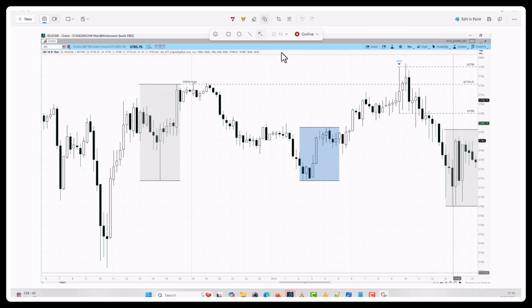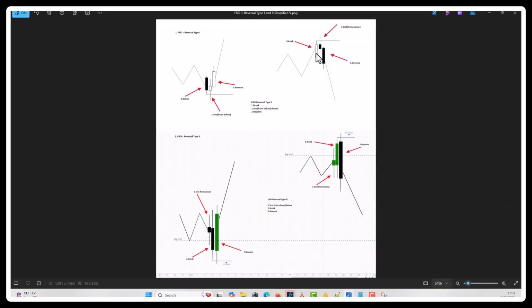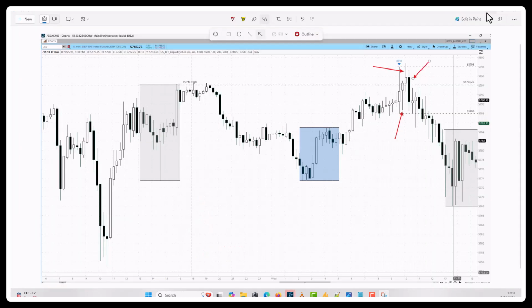Okay, so we have the break right here. All right, we have a break, and then we have a test from above, and then you have a reverse right here, which is a type 1 reversal. You see the type 1 reversal right there. Break, touch from above, reverse. Yeah, touch. In this case,